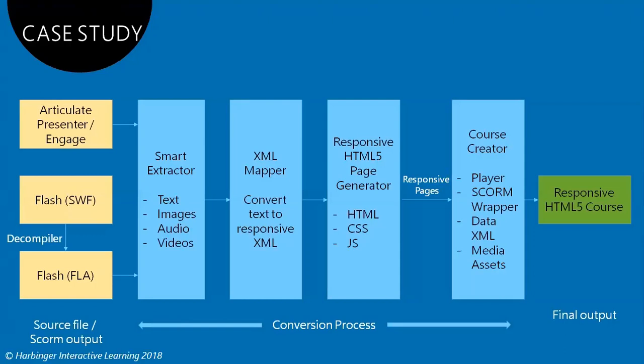Yeah, that's a good question. So basically, if we use the HTML5 XML architecture as the route for modernization, at the end of the project we deliver the source files along with the course code. And if there are internal capabilities within the organization to make edits in that HTML5 XML architecture, they can do it in-house. The second thing is, since this is not a proprietary tool, they can use Harbinger or someone like Harbinger. And the third option is,